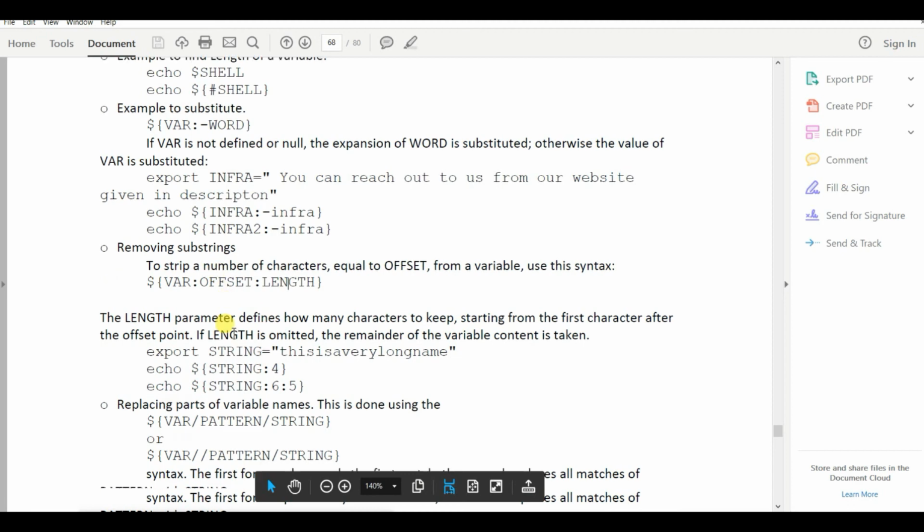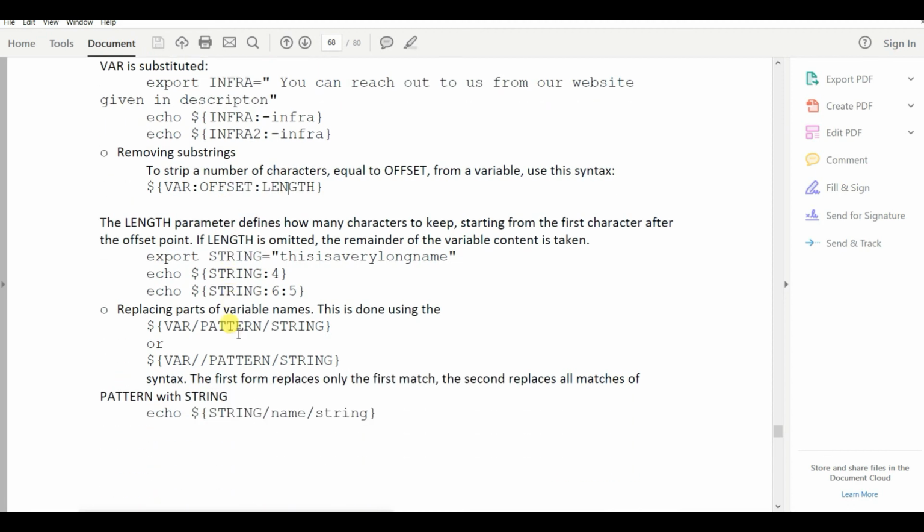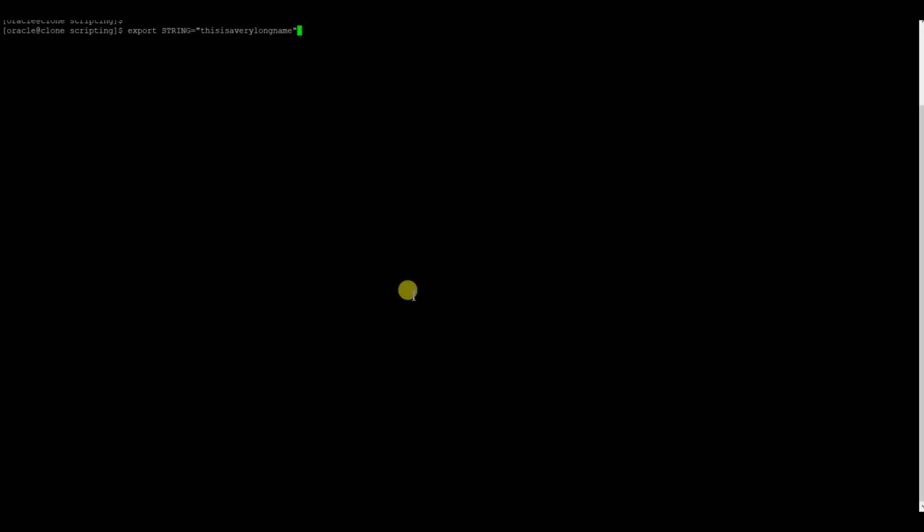Next, removing substrings. Means if you want to cut the value of a variable from a specific length to a specific length, like if you give this export string, this is a very long name.